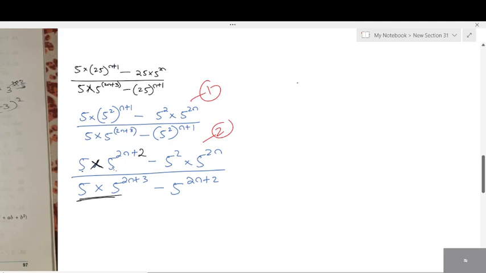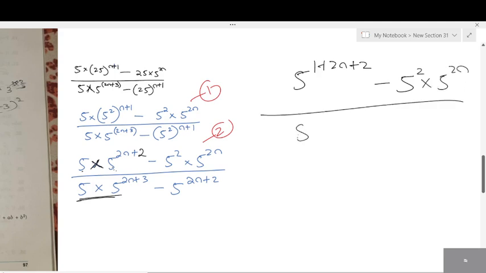Okay, third and fourth step, there might be some changes. So just ignore, I'll do it again. Third and fourth, because of this 2n plus 2, everything went wrong. Okay, can you tell me this again? What do you get? 5 to the power of? Base is same. 1 plus 2 plus. Don't erase everything. Just take where you have missed out. Convert, write the divided by 5 into 1 plus 2n plus 3 minus